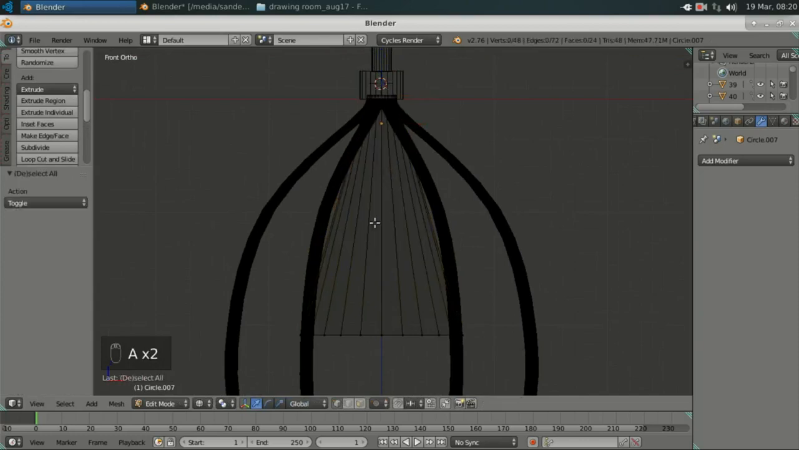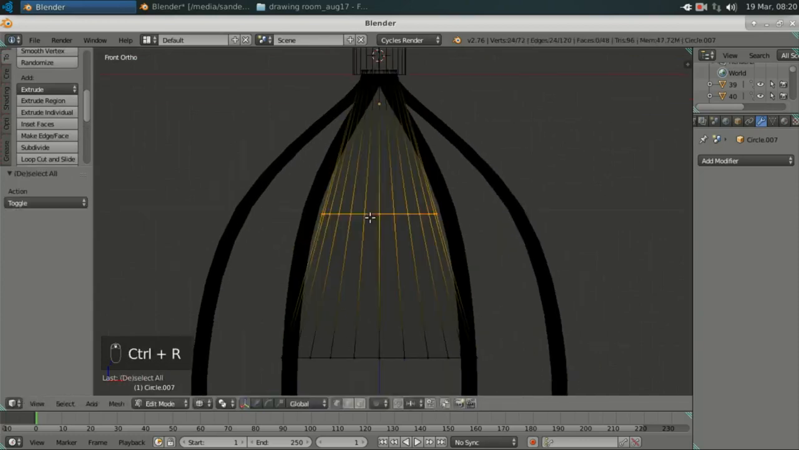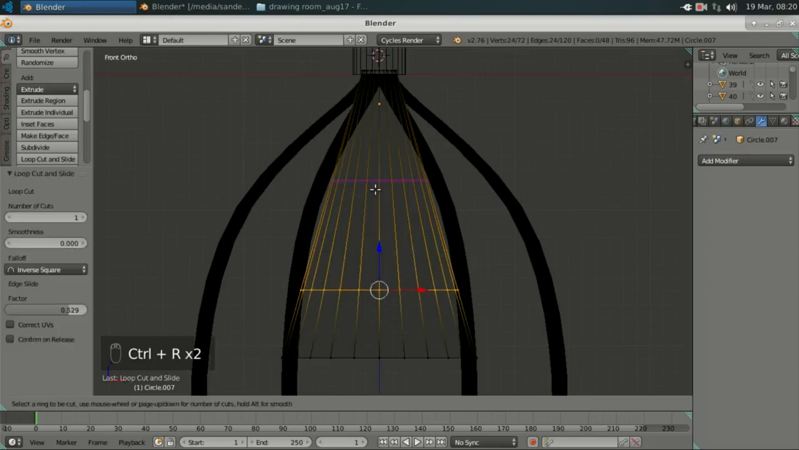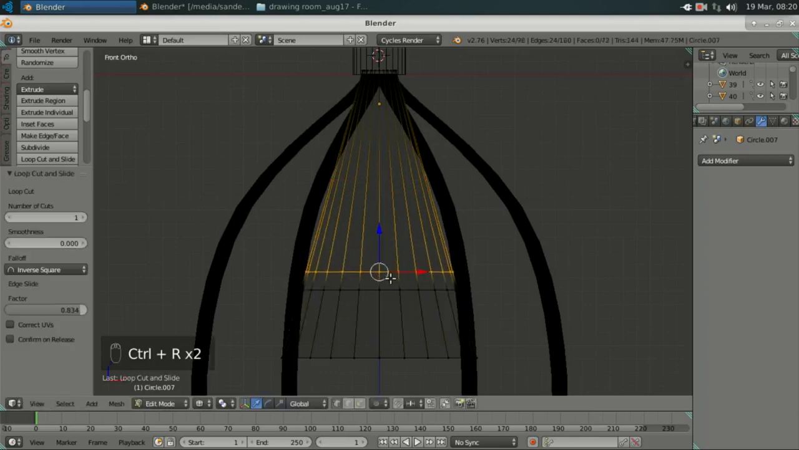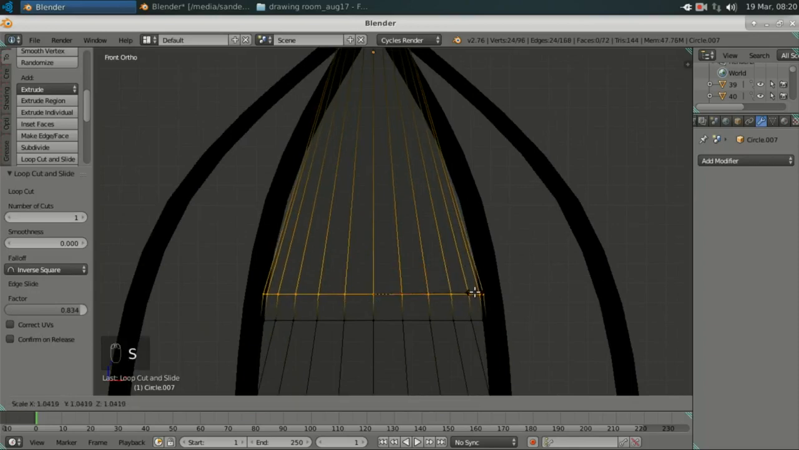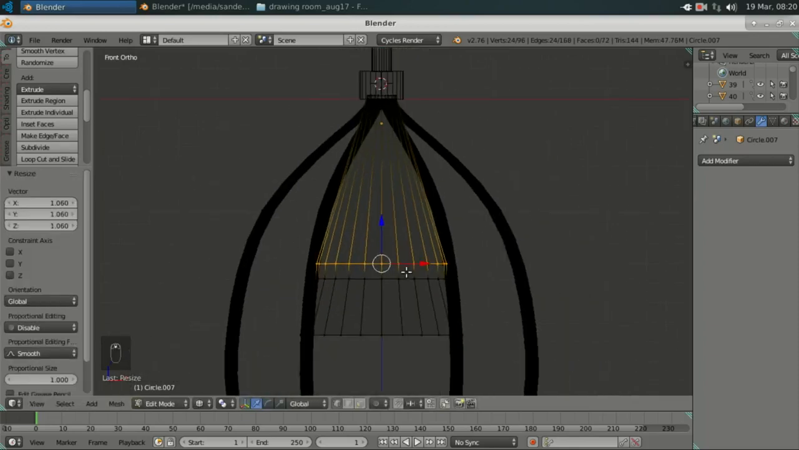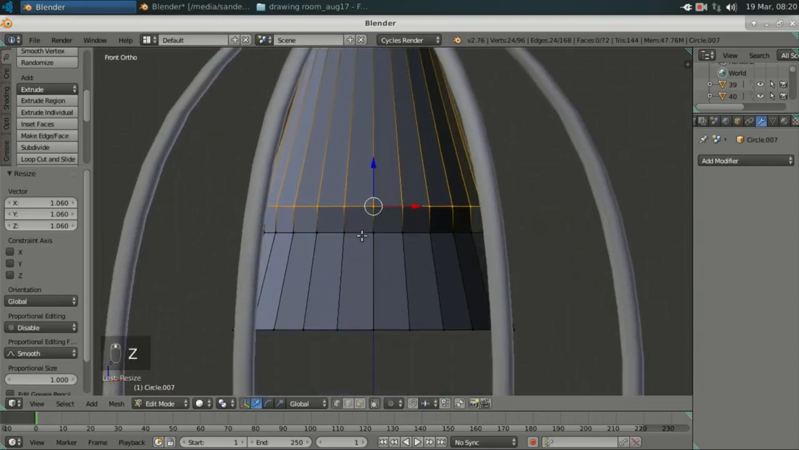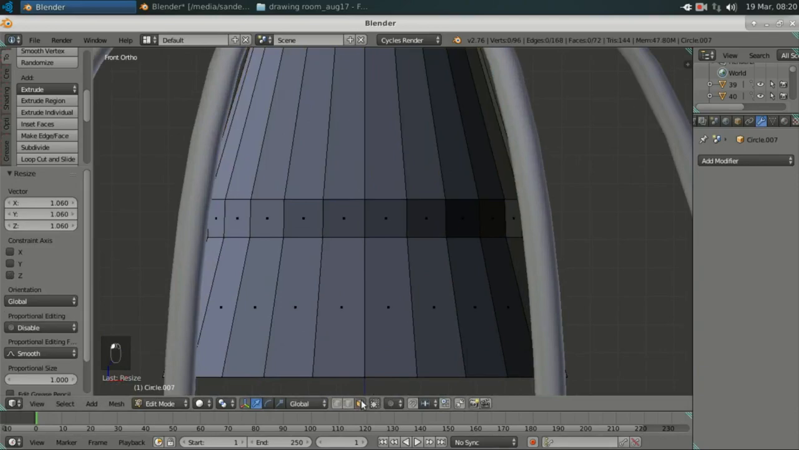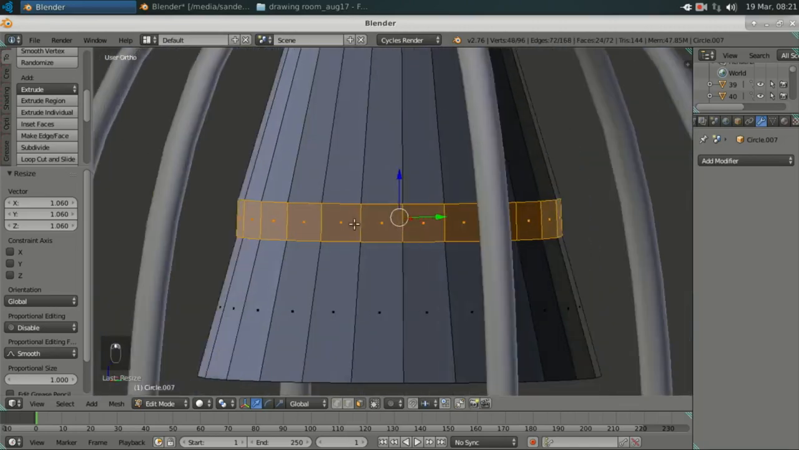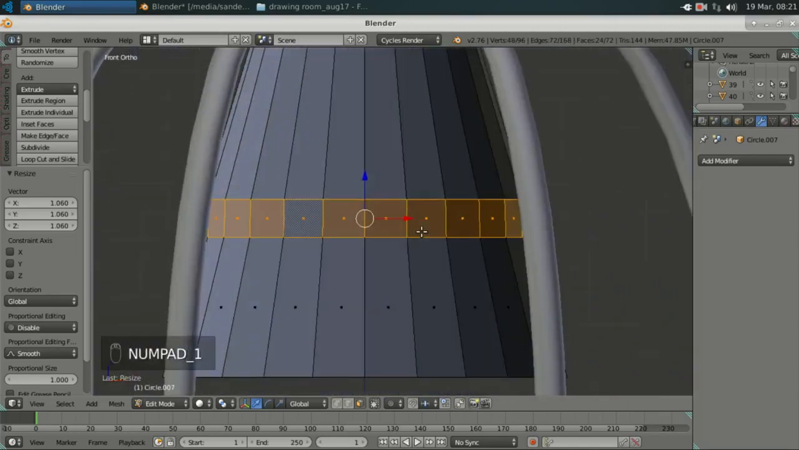Go to object, edit mode, loop cut, again loop cut, scale. Go to the face select mode, select face, then press shift plus alt plus right click over it, selecting all faces in a single row. So